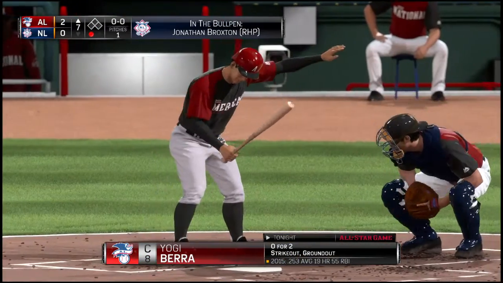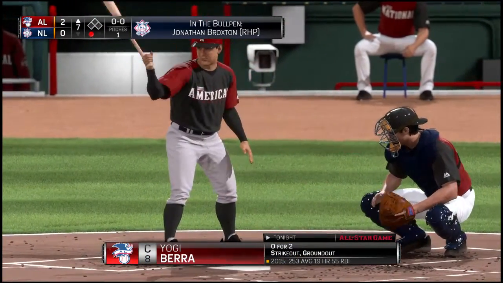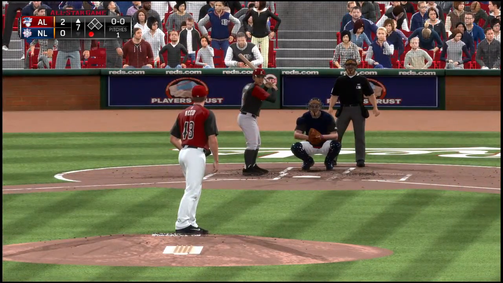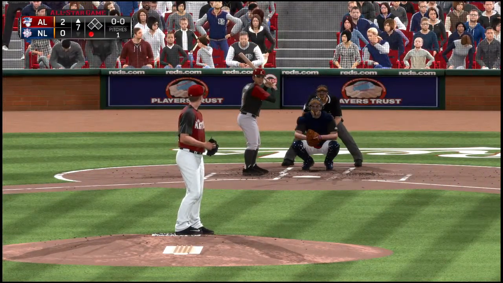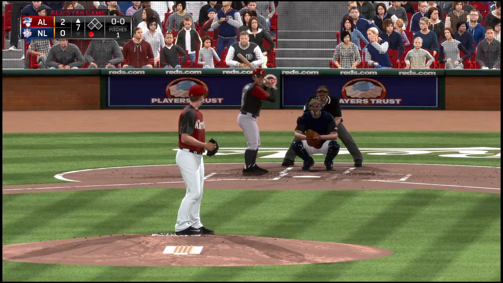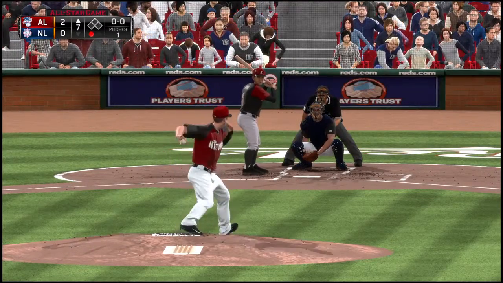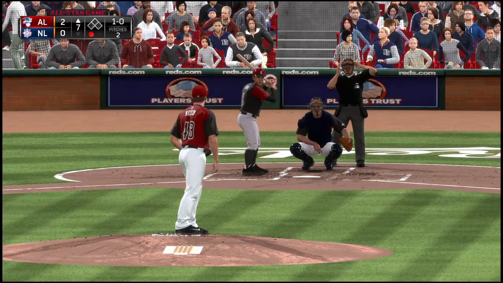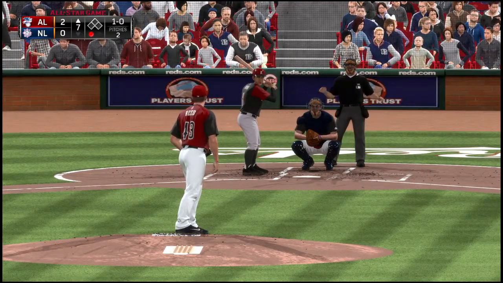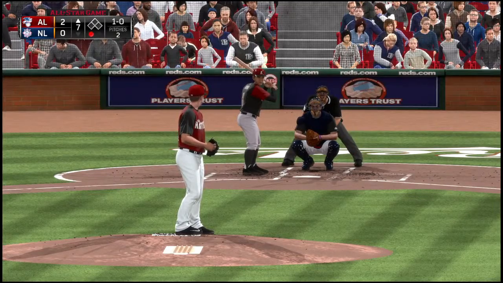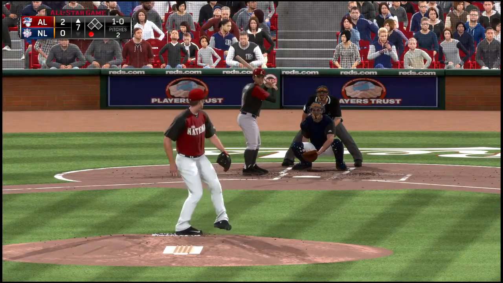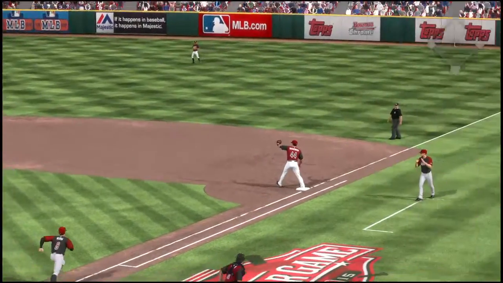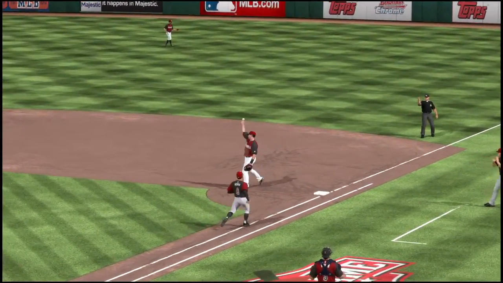Yogi Berra will dig in for the third time now. He's struck out and bounced out in his first two trips. Now the first pitch. A fastball here as he'll take a look at ball one. 1-0. One out, nobody on. Here's the 1-0. Swing, hard hit ball to second. Throw gets him, 2 down.